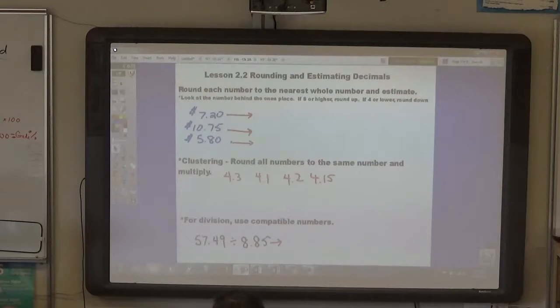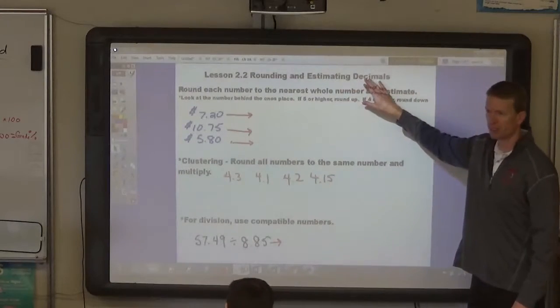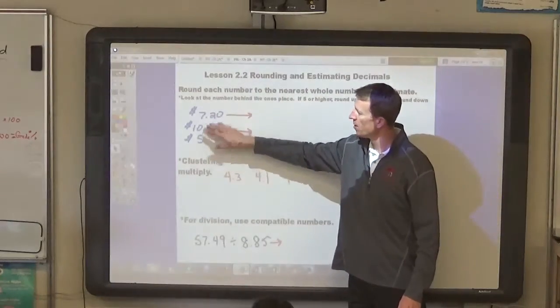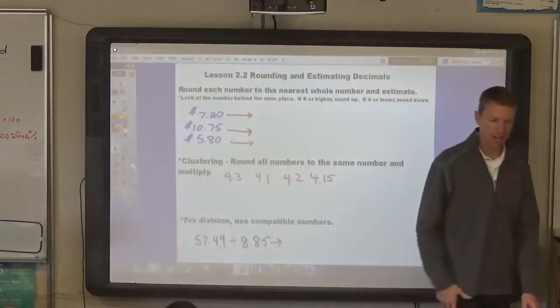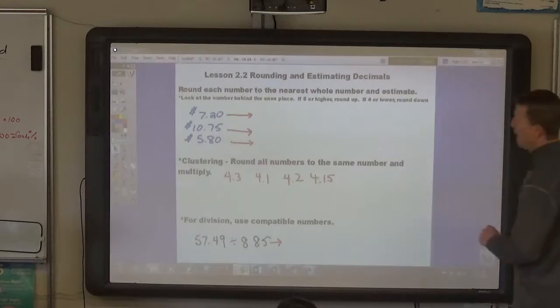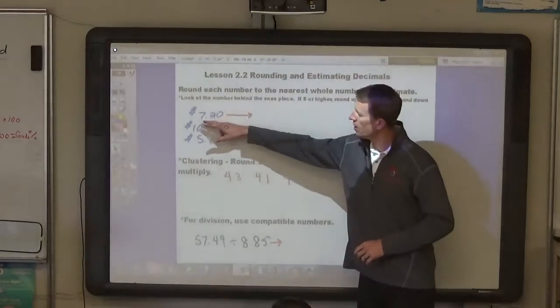Sixth graders, lesson 2.2 is on rounding and estimating decimals. So we're going to talk about starting with a decimal number, and I like to use money as the decimal number because it's probably the most common decimal number that you're going to work with when you get older. Okay, so look at these numbers: